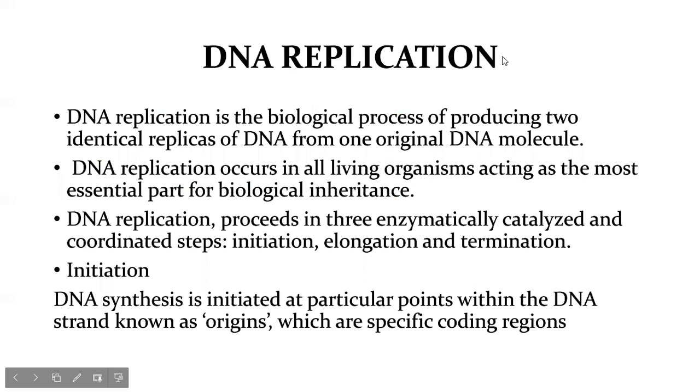DNA replication is the basis of biological inheritance in all living beings. The process gives rise to two identical replicas of the original DNA molecule. Replication begins at specific locations in the genome, and the unwinding of DNA occurs with the help of the enzyme helicase. The new strand synthesis takes place in the 5'-3' direction with the help of the enzyme DNA polymerase. The synthesis of new strands is bidirectional. One strand is known as the leading strand, and the other is known as the lagging strand.